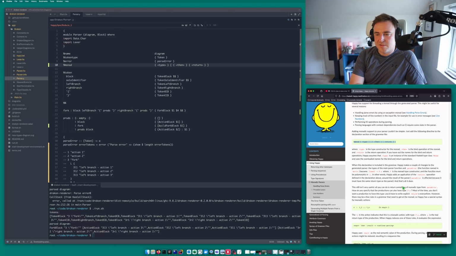And this declaration is included in the grammar. Happy makes a couple of changes to the generated parser. The types of the main parser function and parse error, the function name there, repeats the name of the monad type constructor, and the function must be polymorphic in A. In other words, Happy adds an application to the return operation defined in the declaration above around the result of